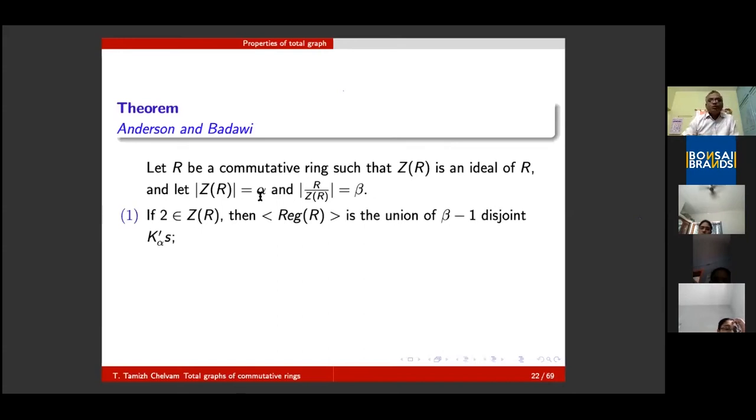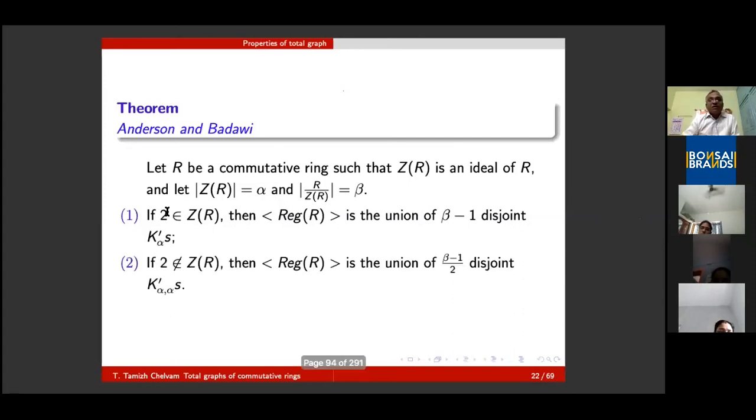What is 2? The question comes into the picture, because in a ring there is no integer. 2 looks like an integer. It is not an integer, because we consider a commutative ring R with identity 1. So 1 we denote as identity. 1 plus 1 is an element of R. Thereby it is an element of the commutative ring, and it is denoted by 2. It is not the integer 2. It is the multiplicative identity of R plus the same thing.